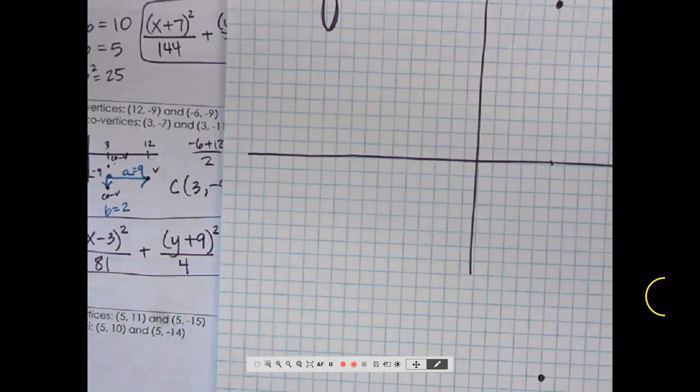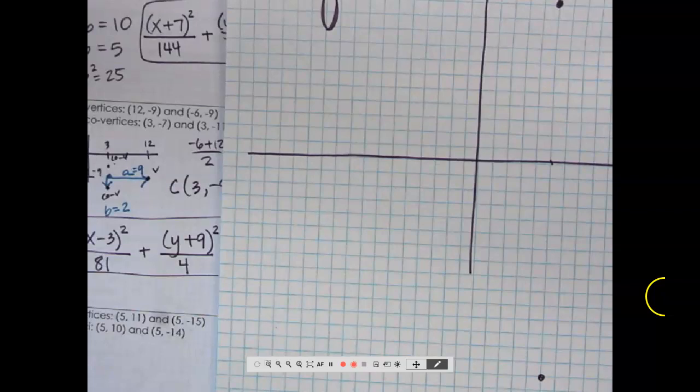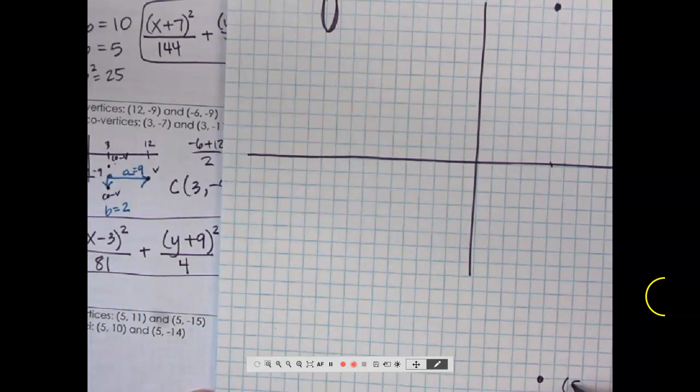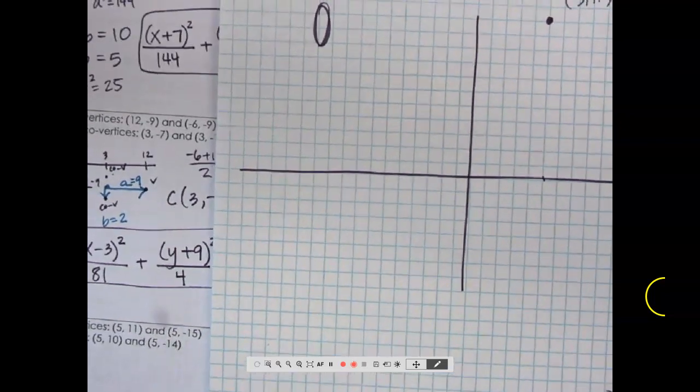Where's the center point? How do I find it? Average. Okay, so this was 5, 11. And this was 5, negative 15. Well, clearly the x-coordinate will be 5. So I'm going